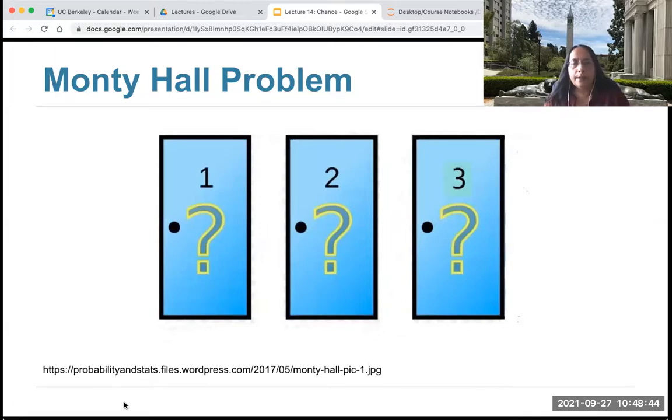And behind another door, there was a car. The contestant's job was to guess which door the car was behind. Now, of course, the contestant knows nothing. So if you were the contestant and you were asked to guess which door the car was behind, how would you choose?